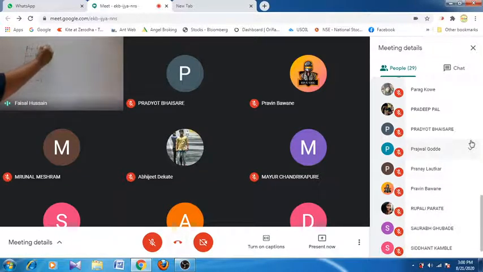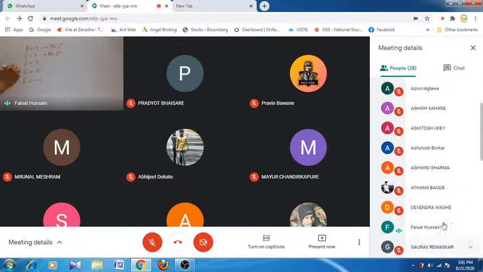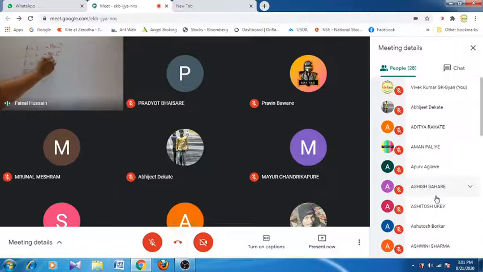If degree of freedom is 1, it means that one input is required for one output. Take the example of single slider crank chain. Take the example of 4-bar chain. You will find that there is 1 degree of freedom. Degree of freedom 1 means it is a mechanism. Degree of freedom is 2, also it is a mechanism. Degree of freedom is 3, is also a mechanism.